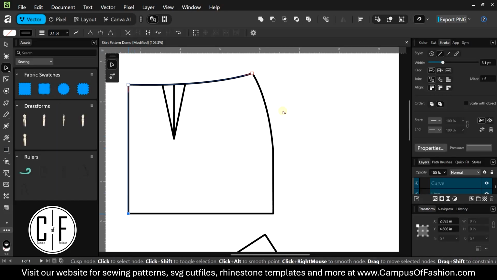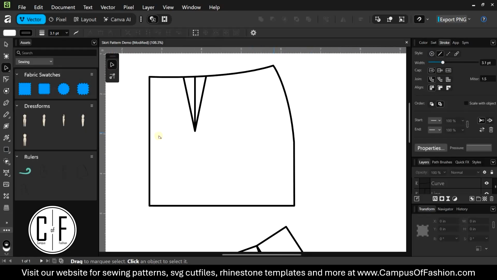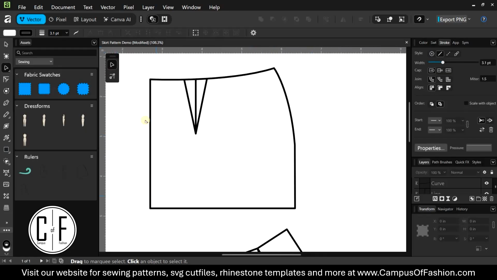The reason why I have to break the curves is so that it individually gives us the seam allowance. So like for the center skirt, we don't need a seam allowance, but we'll need one on the waistband, on the side seam, and here. So once everything is broken, it individually creates a line. So with that line selected,